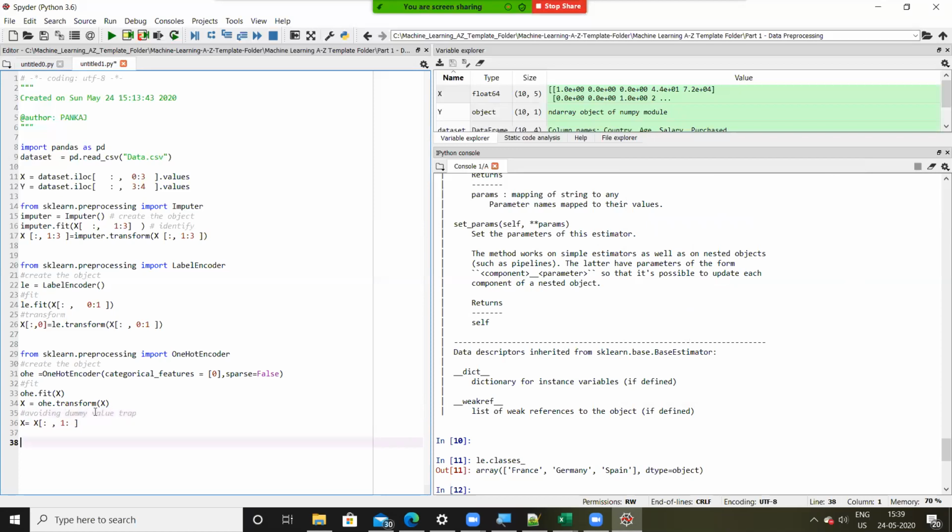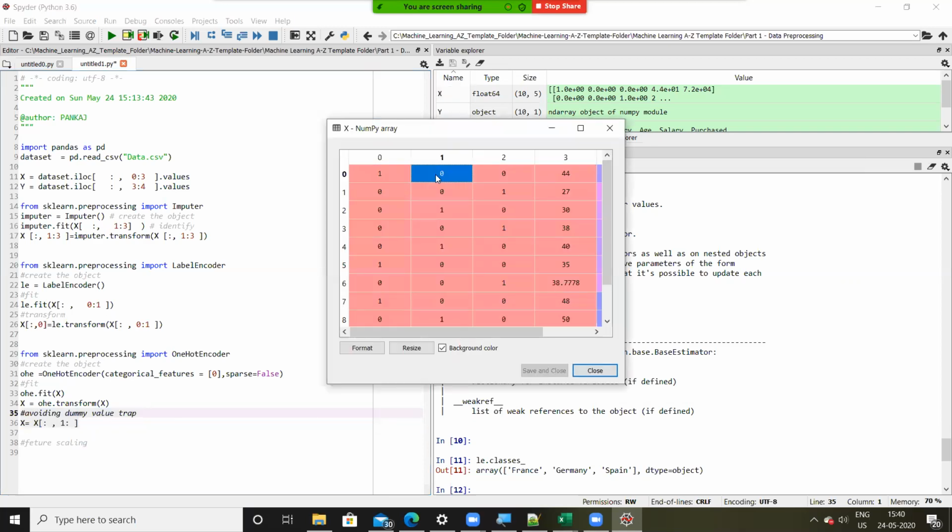And after this, we are going to perform feature scaling. In feature scaling, we are trying to bring all the values to the same level. So let me first execute this. Before executing this, you can see there are 5 columns: 0, 1, 2, 3, and 4. From this, we are going to ignore the 0th index.